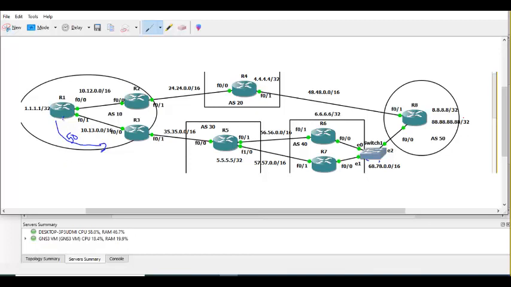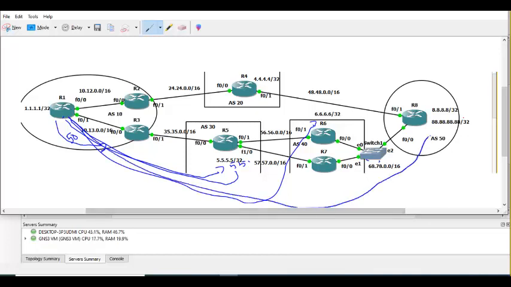So R1, for every network, for 5555 it will go like this. For 6.6.6.6 it will go like this. For 55 network also it will go like this. For 888 also it will go like this. Even for 4444 also it will go like this. This part you understood. My next question is,